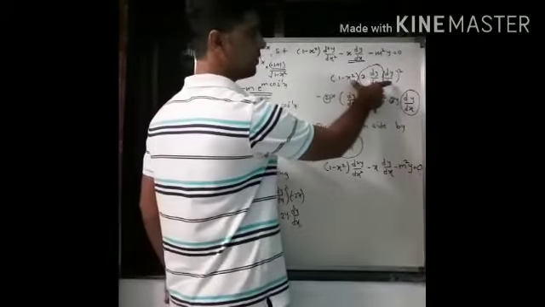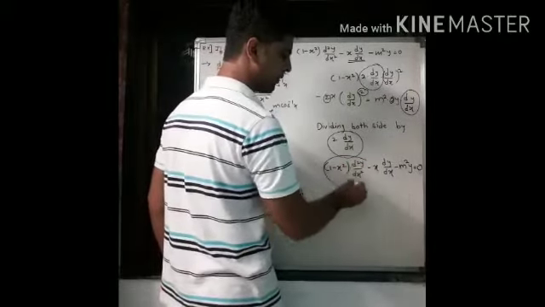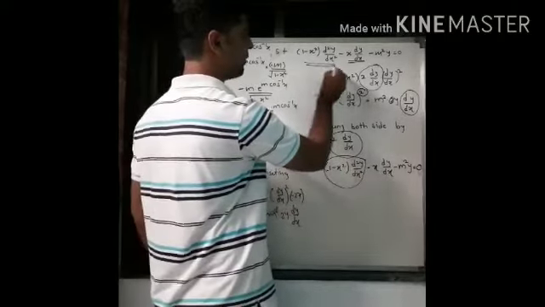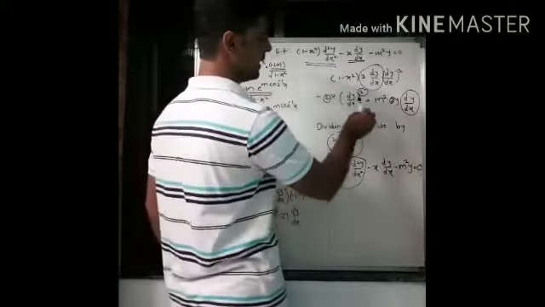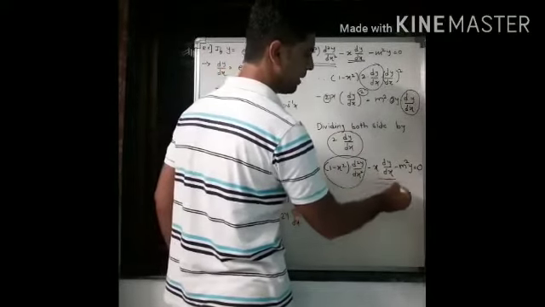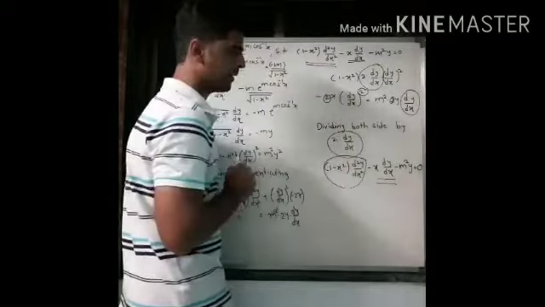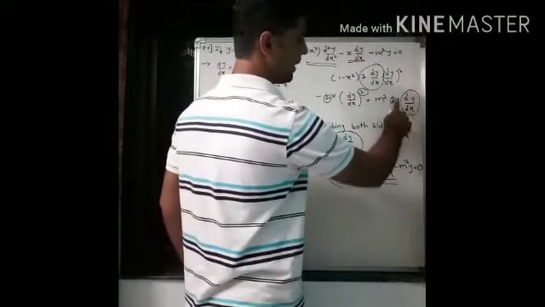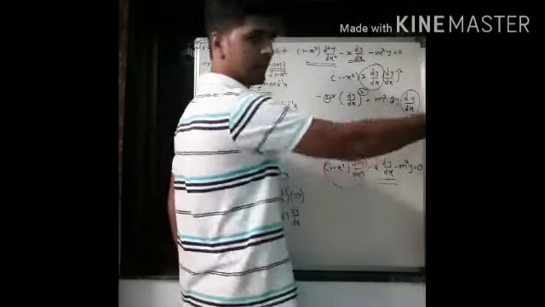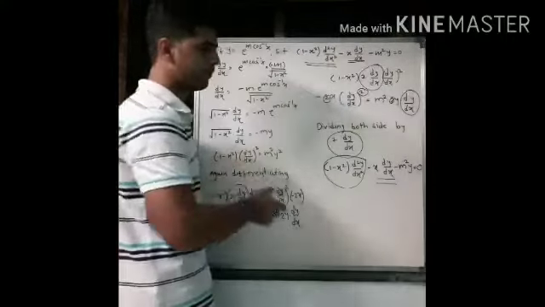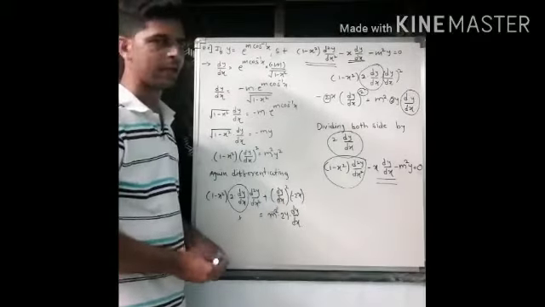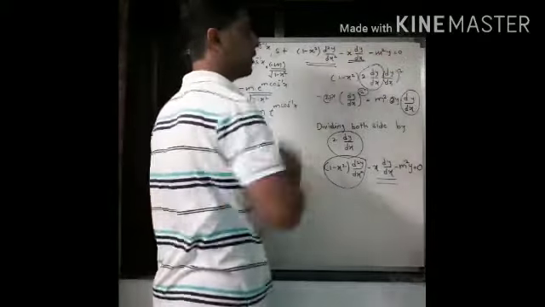If you divide here by 2 dy by dx, you will be left with only this term, 1 minus x square d square y by dx square. That is our required first term, right? Second term also, if you divide this term by 2 dy by dx, you will be left with only x dy by dx. That is our required second term, right? Now if you divide the right side also by 2 dy by dx, you will be left with only m square y. But your m square y is on the right side. If you shift that to the left side, it becomes minus m square y, and the right side becomes 0. Okay? So left side equal to right side is proved.